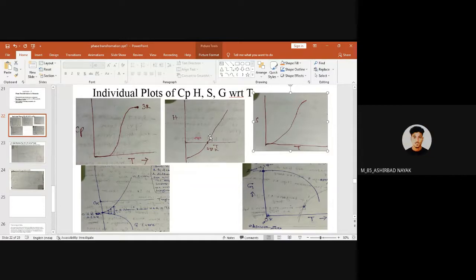The total heat content of a system. The total heat content of the system is enthalpy. Are you sure about that? Then what is heat then? Heat at constant pressure is called enthalpy. Yeah, very good, very good. So you have to remember this one.